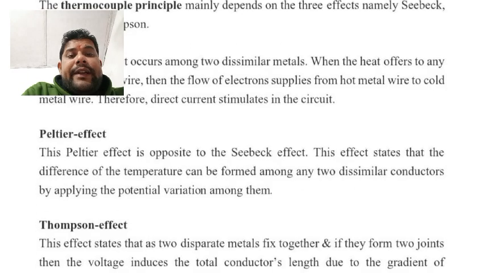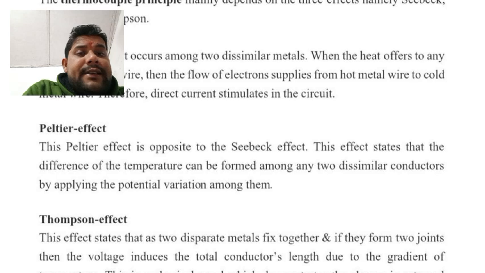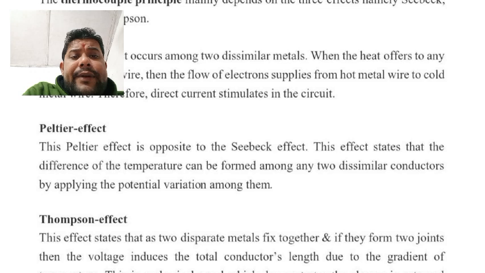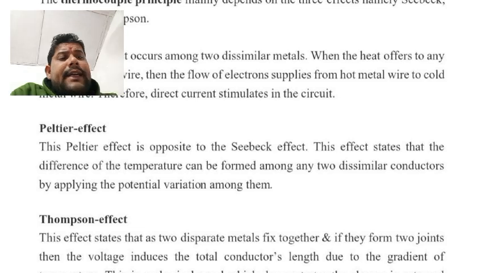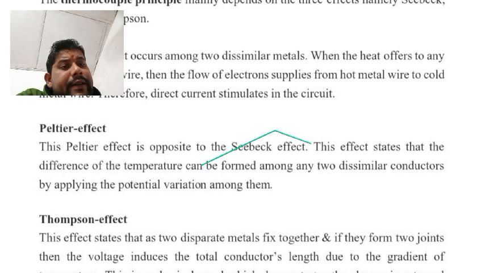Second is the Seebeck effect. This effect states that a difference in temperature can be formed between two dissimilar metals, applying a potential difference. That means if this same circuit, these two dissimilar metals